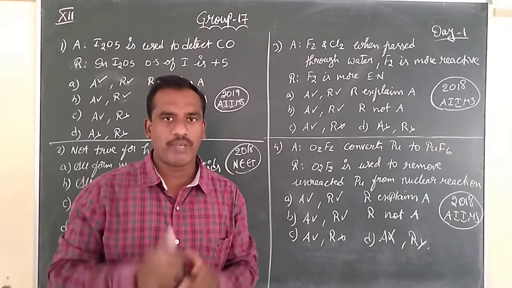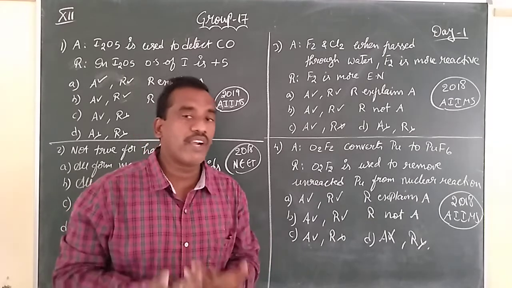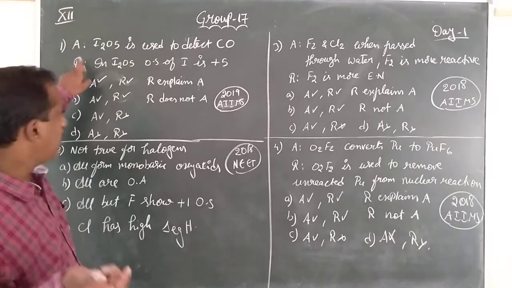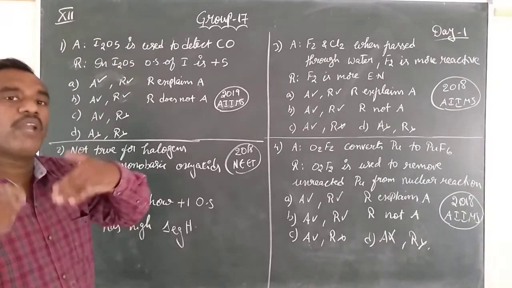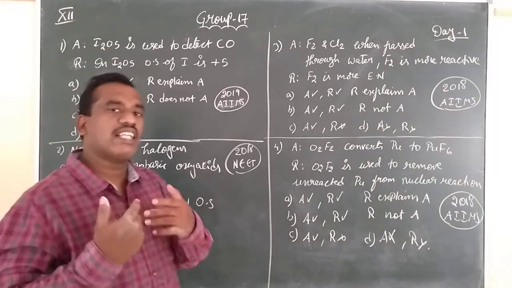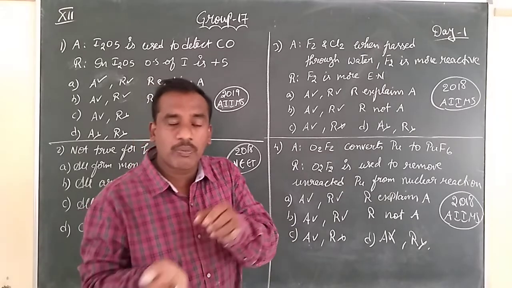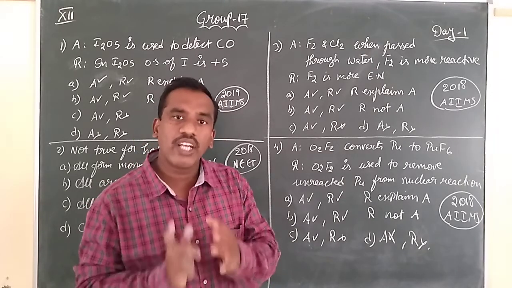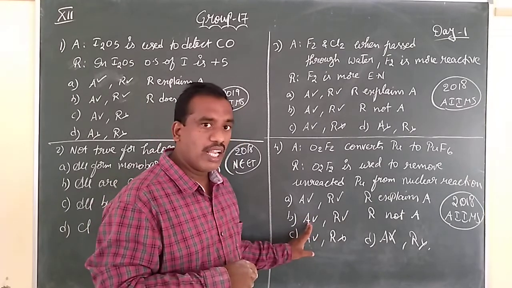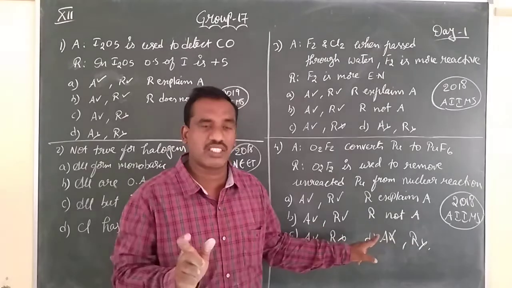What is this assertion and reasoning type question? Assertion means they will give one statement. We must find out whether the statement is true or false. How can we find? Below, one reasoning will be there, and the assertion is noted as A. Reasoning is going to explain A, meaning it is an explanation of statement A. Whenever the assertion is true and the reasoning is also true and the reasoning is the correct explanation for A, you will opt for option A. When the assertion is true and the reasoning is also true, but the reasoning is not the correct explanation for the assertion,